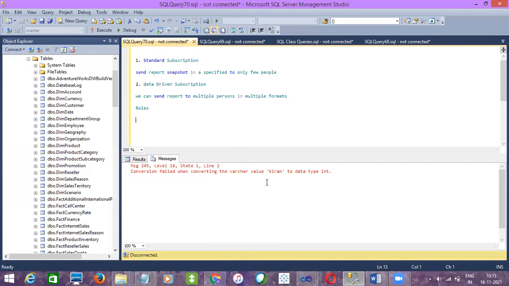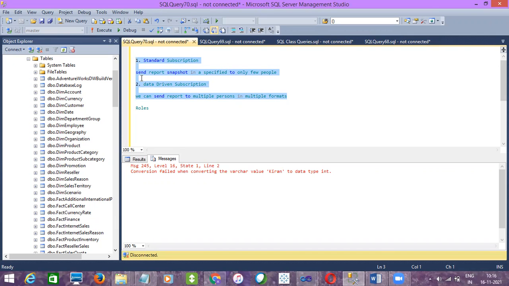So all those permissions will be taken care of by your team lead or manager. Your job is just to upload the RDLs to the report server, right? And then the subscriptions also, you can just tell the definition. You can say subscriptions are nothing but delivering a report to particular users in a particular format.